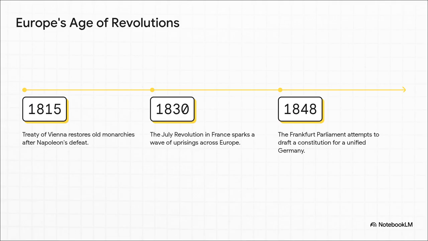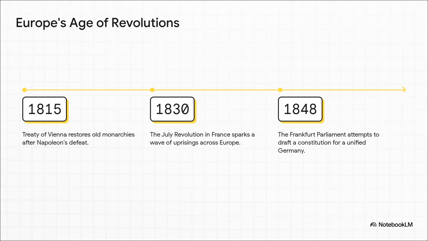And in Europe, this wasn't just a one-time thing. It was more like a slow-motion chain reaction. After Napoleon was defeated in 1815, the old kings and emperors tried to put the genie back in the bottle, to turn back the clock. But it was too late. The idea of the nation was out there. Revolutions just kept erupting in 1830 and then again in 1848, with people all over the continent demanding constitutions and a unified nation.